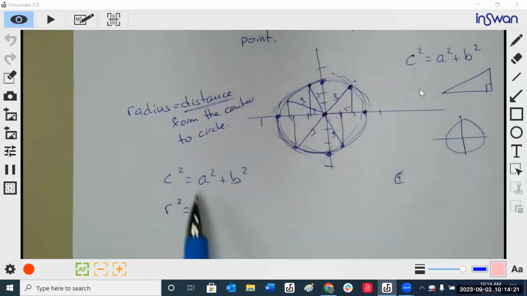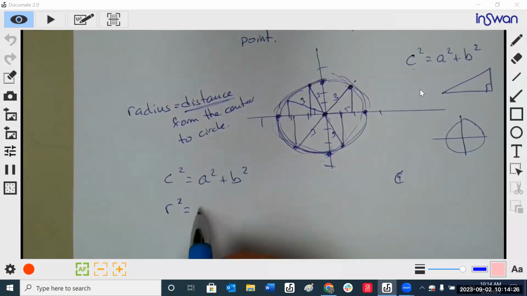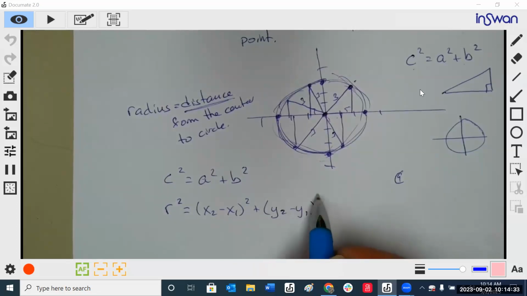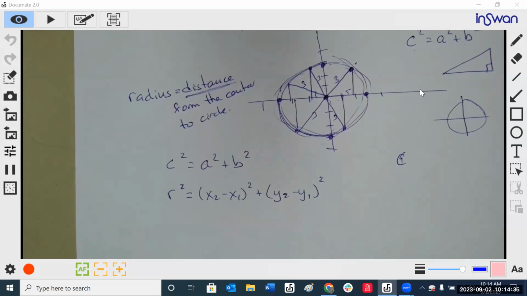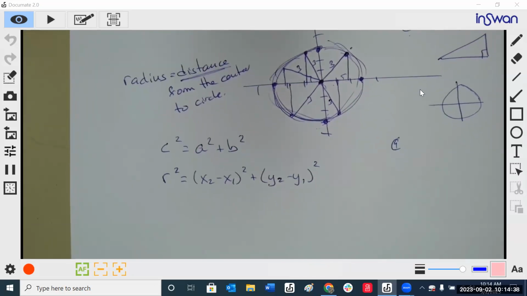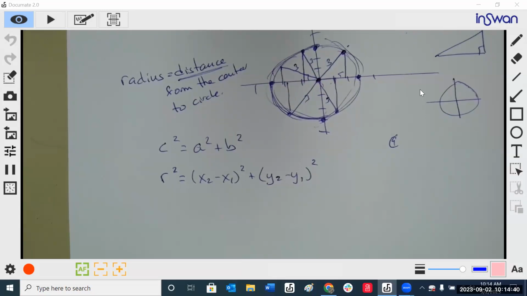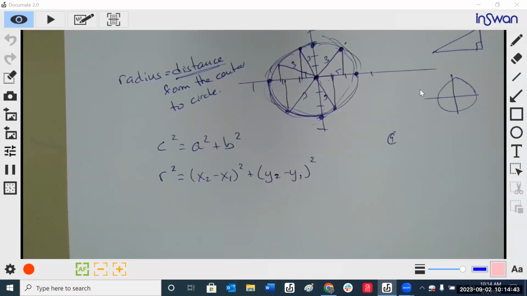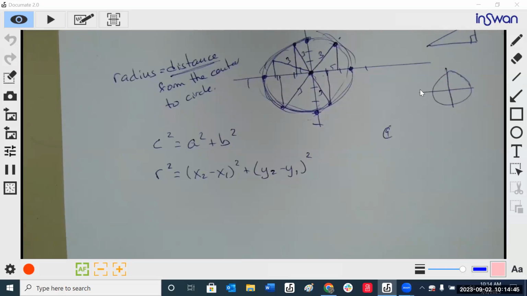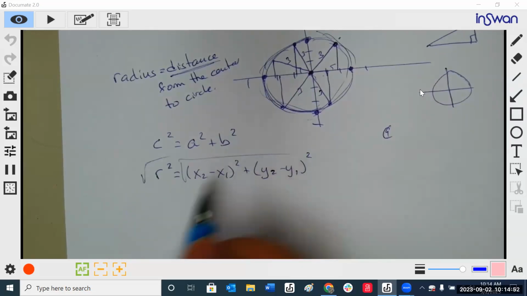Since it's a distance, we use the distance formula. Square root both sides. The radius is